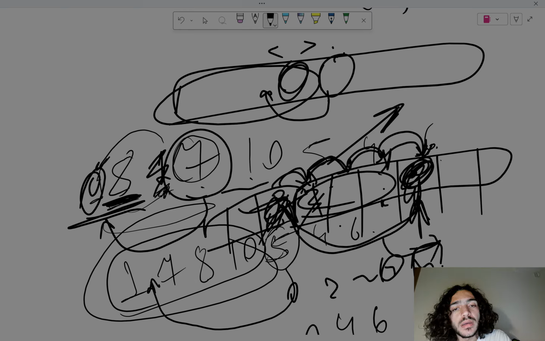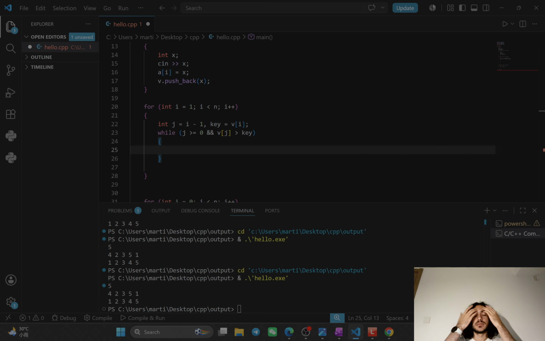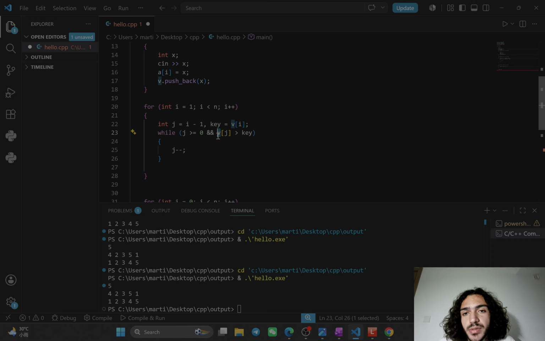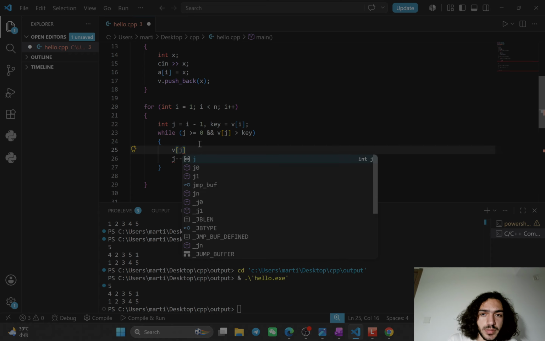We assign the key that we stored to the right place over here. Basically, j minus minus, until this continues, we just keep going, right? And then also assign the j